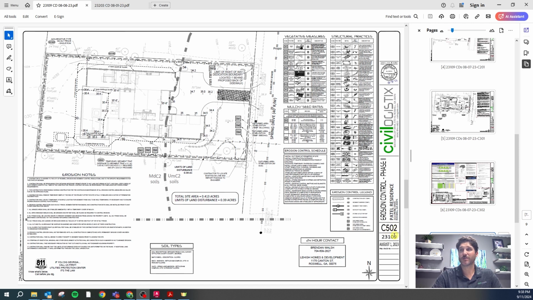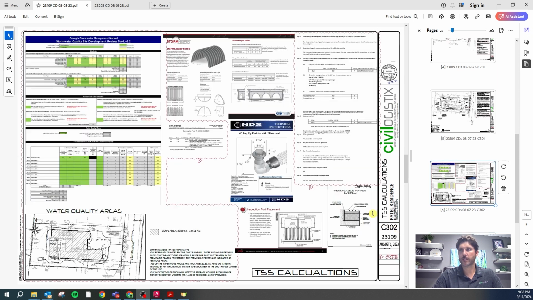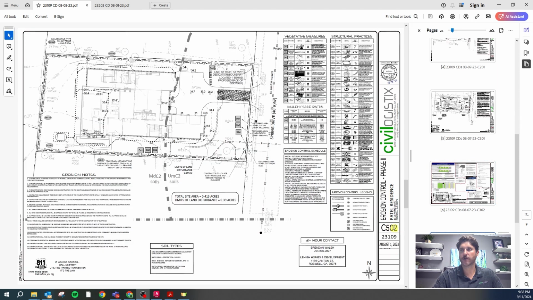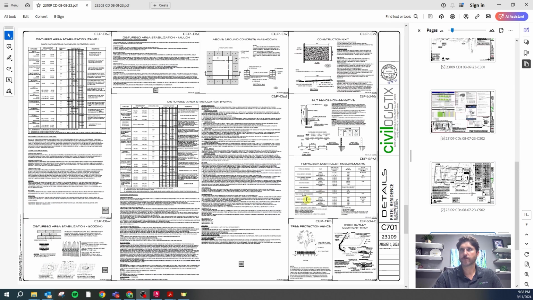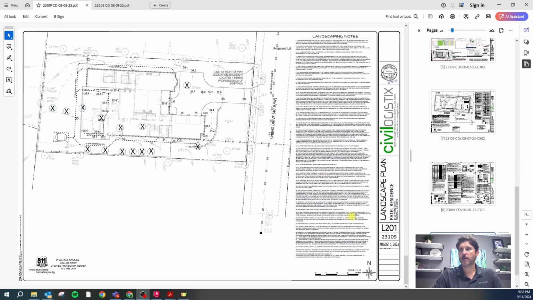We probably could have just renamed that to 501 since there is no 501 sheet, but the 502 sheet is our normal kind of basic erosion control plan. It's phase 2 of the erosion control plan. So that's why you see that it's phase 2, and typically the plan reviewers don't care that we get to name the sheets whatever we want, and so even though that's the first 500 series, it's 502, and that's fine. Then we have some erosion control details on 701, and then a landscape plan, which on this project